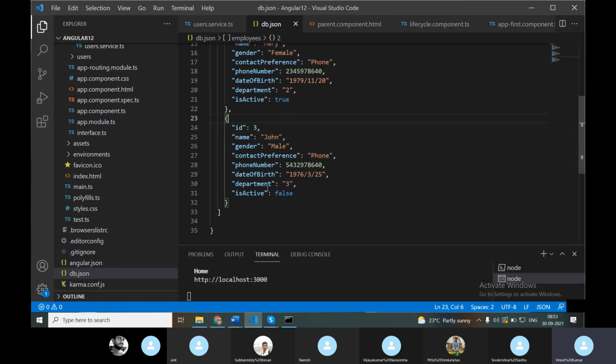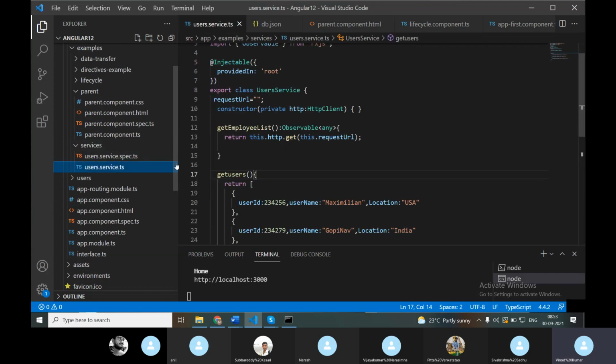That is in the service.ts file, where we have